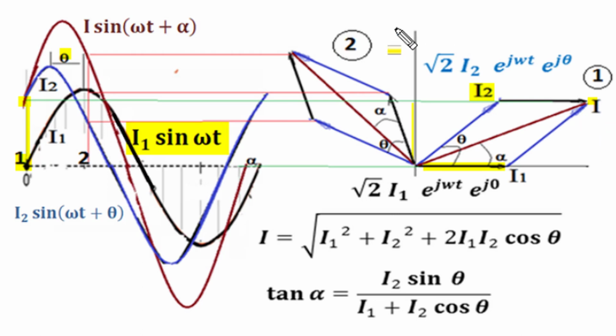Now after a certain time, these rotating vectors I1 and I2 obtain a new position as shown in this position 2. Since both I1 and I2 have the same angular velocity of rotation, as both currents are of the same frequency, the relative phase difference between I1 and I2 remains the same. So neither the magnitude of I1, nor the magnitude of I2, nor the angle between the two has changed. So the resultant has the same magnitude and the same relative angle with I1 as in position 1, from this parallelogram of forces principle, and this clearly indicates that this resultant vector shown by the brown line is also a rotating vector,